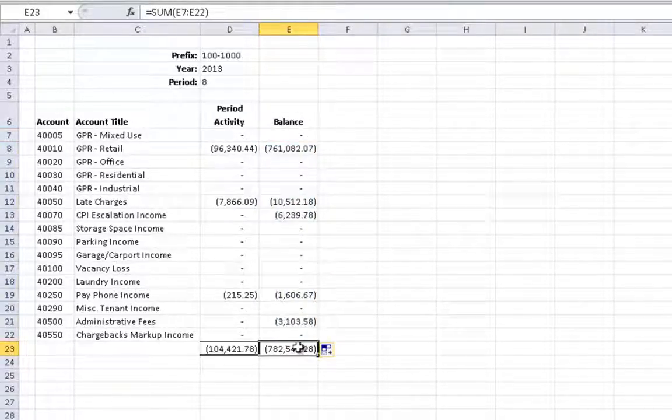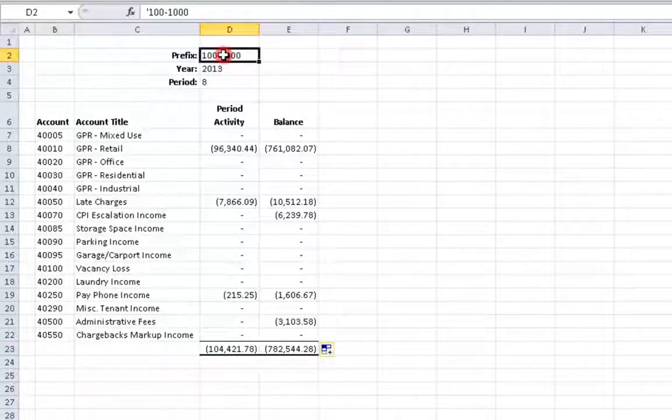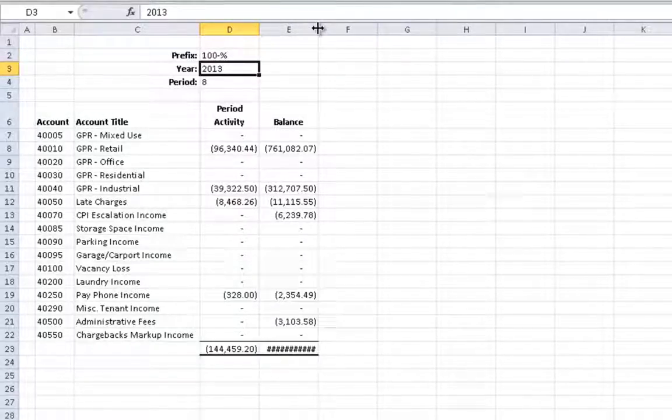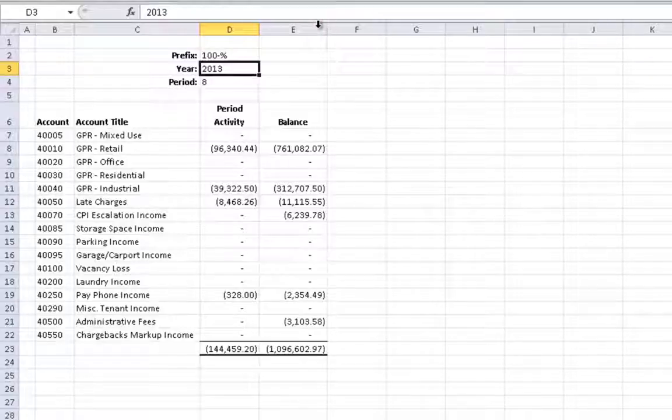Right now, the report is showing information for prefix 100-1000. Here is where Office Connector Financials delivers some great flexibility. Instead of identifying a specific prefix, you can also use wildcards. A percent symbol represents any set of characters, so, as an example, 100-% indicates that we want all prefixes that start with 100. Now the values in the activity and balance columns represent the consolidation of all the prefixes under